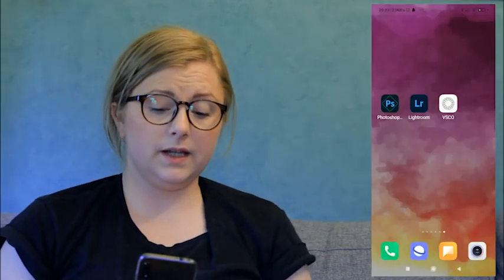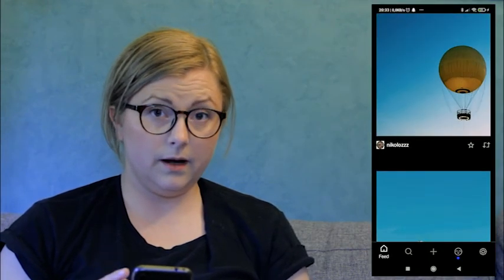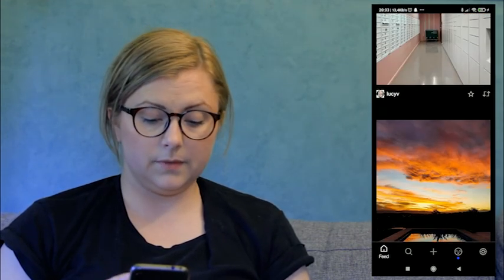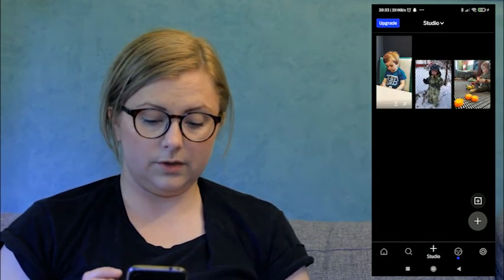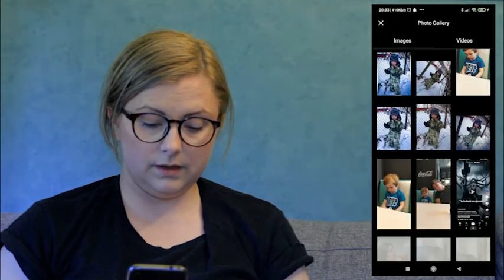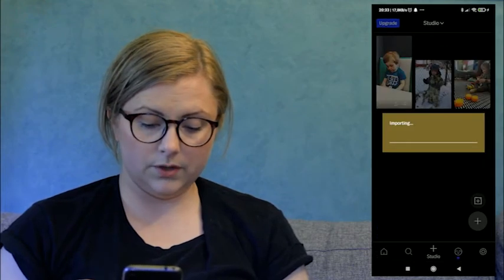And the last app today is VSCO. This is a new one for me. It opened right up. Here you can see it's almost like the reel on Instagram. I'm just gonna go into the studio and upload a picture. Let me see, I'm gonna take the ice cream picture, import,